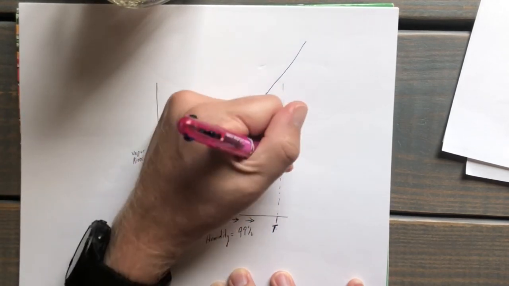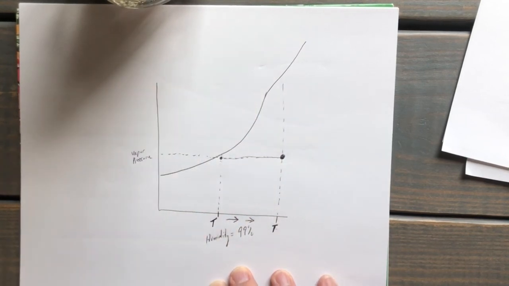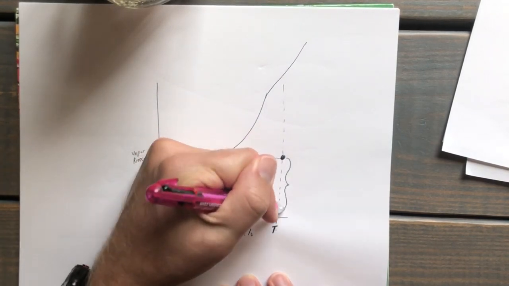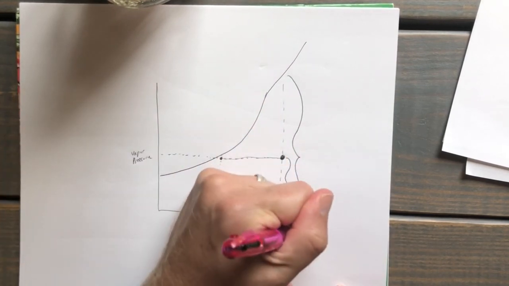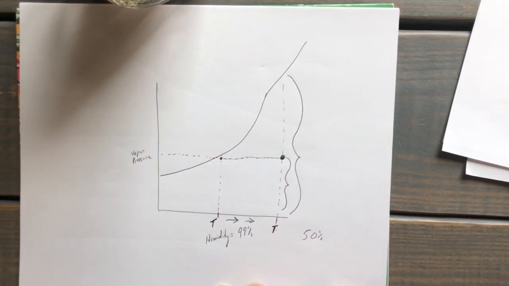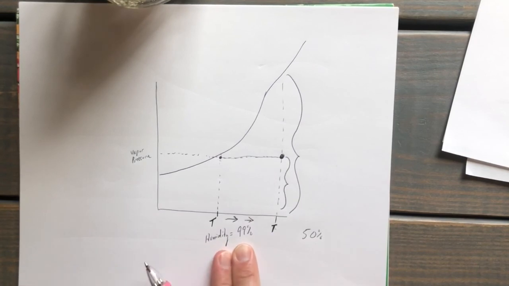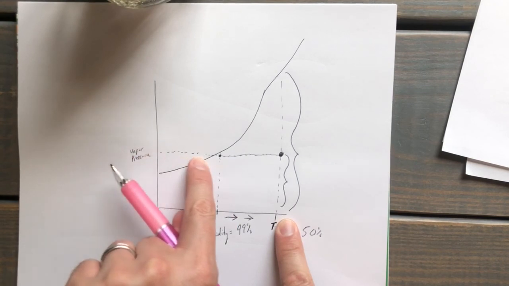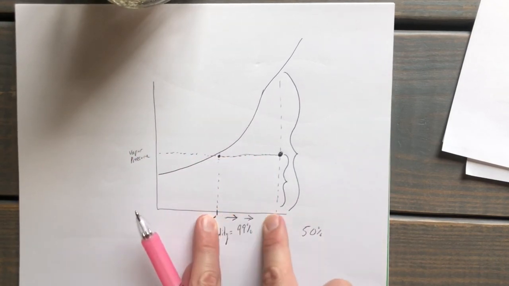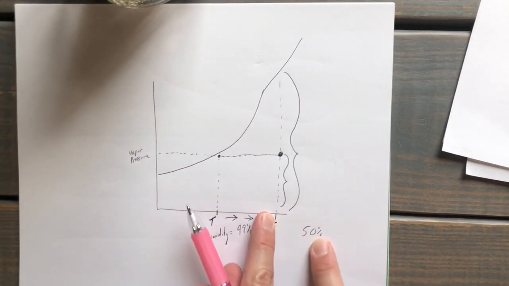The temperature did. So now we're plotting right here. Now the humidity may be only 50%. So we start off with a humidity of 99% in the morning. Vapor pressure stays the same as the temperatures heat up as the days progress, and